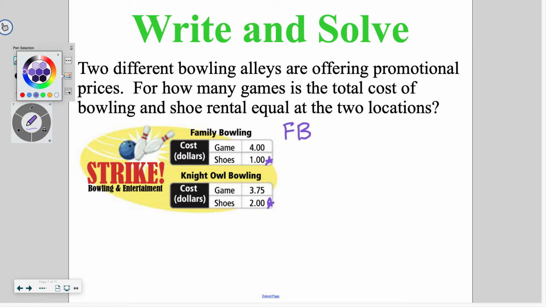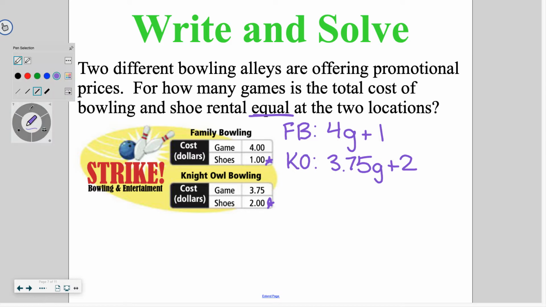So for family bowl, we've got $4 per game plus our $1 for shoes. For night owl bowling, we've got $3.75 per game plus $2 for shoes. Now, the problem says, when are they equal? So it's asking us to take those two equations and set them equal to each other. So we got 4g plus 1 is equal to